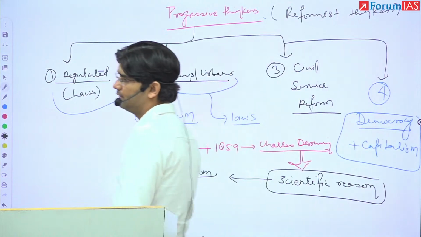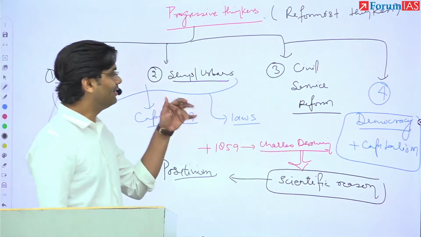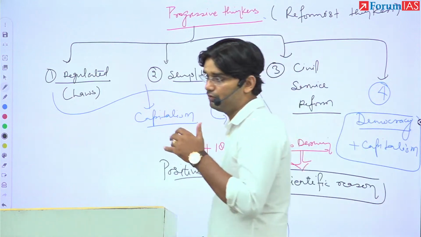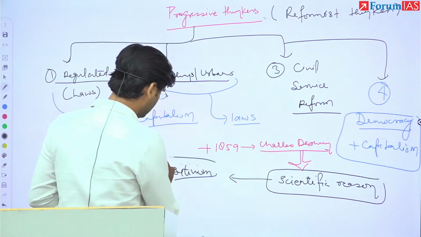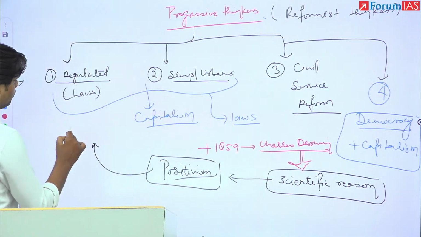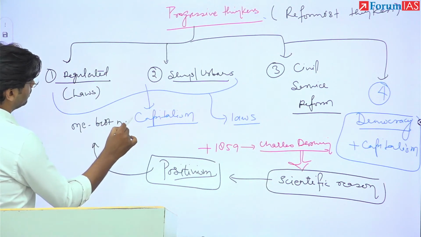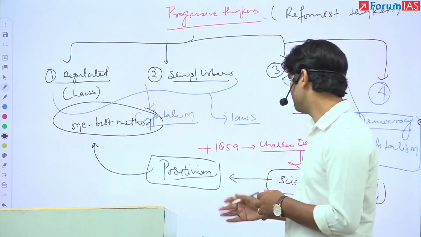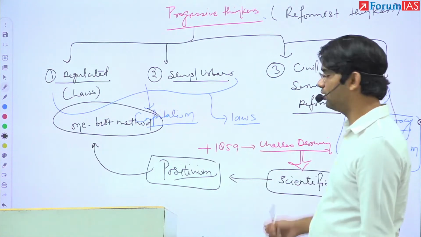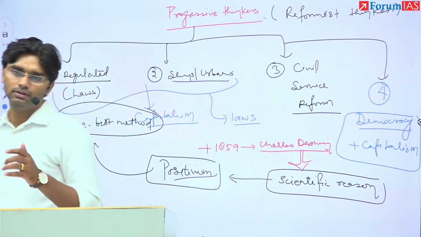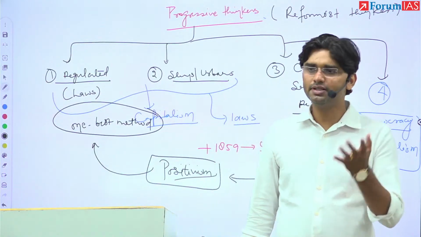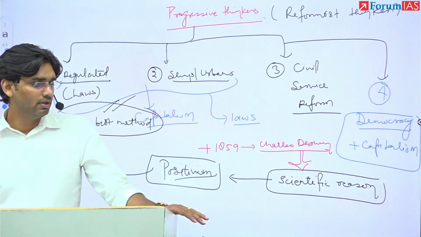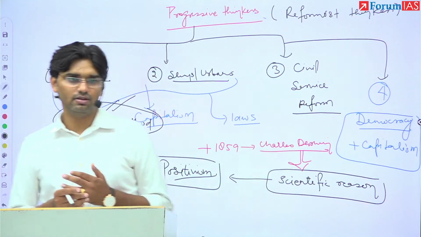And this positivism started promoting one idea: that the traditional, old methods promote inefficiency and are of no use today, and we need to develop a new method based on this positivism, and that method should be the best method. This best method came to be known by one term, "one best way", because obviously if you develop something from reason, logic and evidence, the result you get is going to be the best. Remember this one best method or one best way, because classical thinkers in public administration